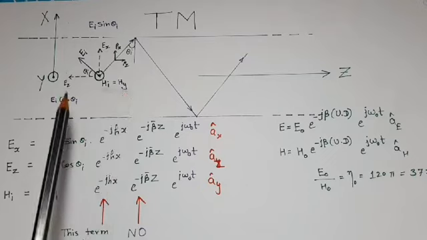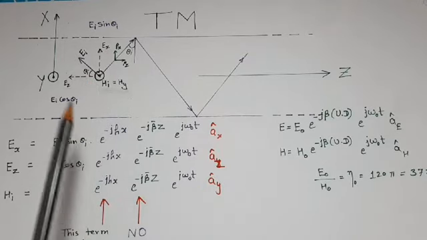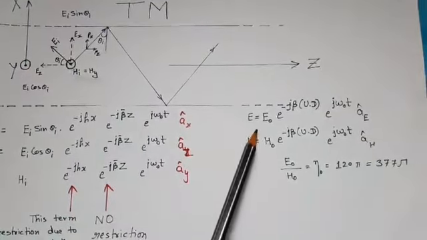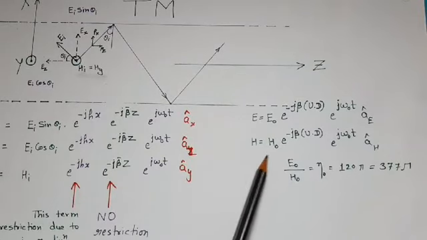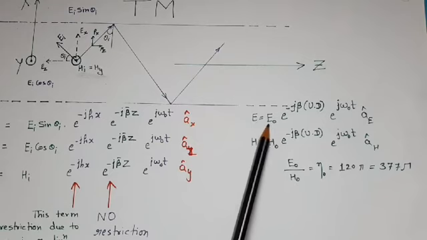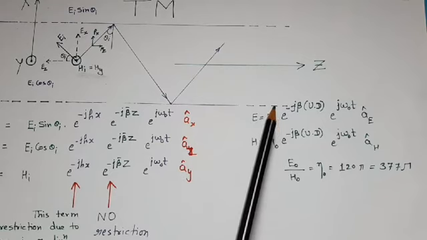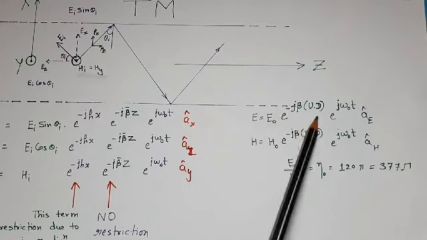Now we will write expression for these three components. Before writing these three field expressions, we remind how we wrote electric field and magnetic field expression in free space propagation. At that time, we wrote electric field vector E is equal to E naught, which is amplitude of the wave, into some lossy term. For lossless medium, that term will not come, and because the electric field is sinusoidally space varying, that's why